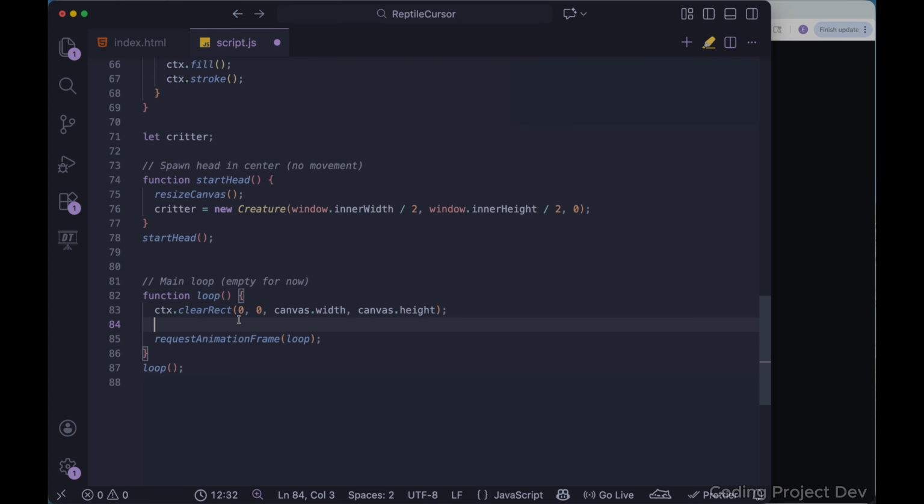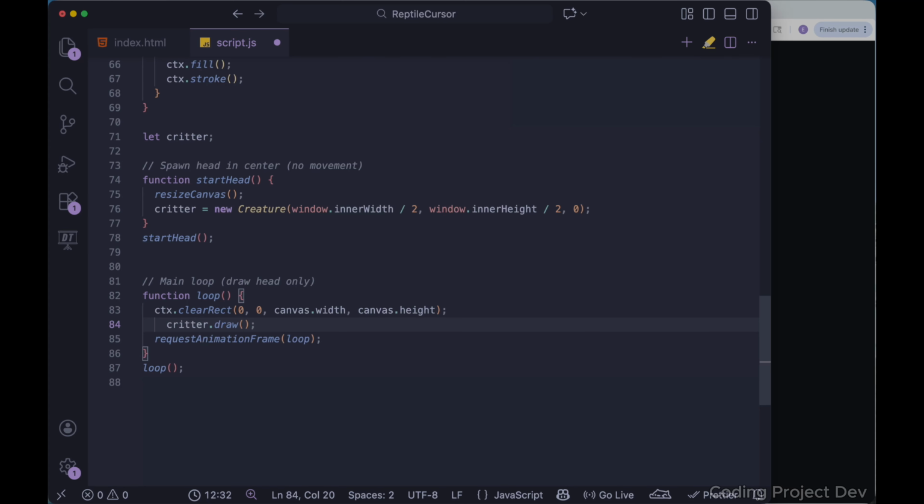We already draw the head, so we'll remove this empty for now and set it for... This code draws a colored reptile head at the center of the screen using canvas and continuously renders it in